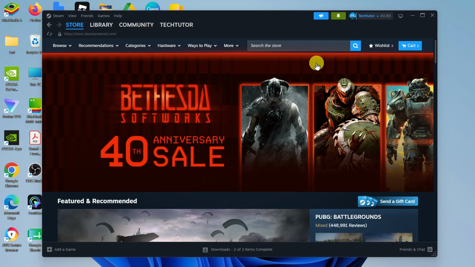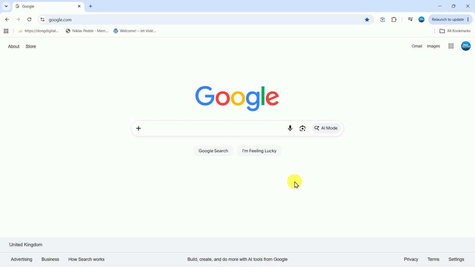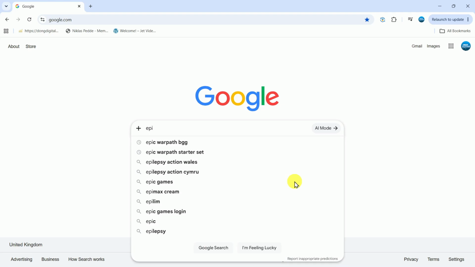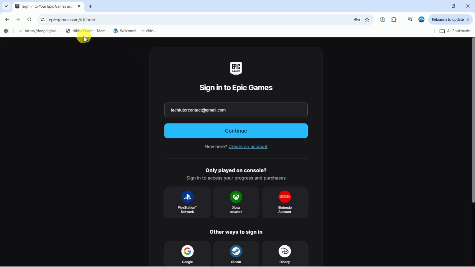So you can see I'm currently on Steam and I'm currently logged in. Once you've done that, what you want to do is open up a new internet browser, come across to google.com and just Google search for Epic Games login. Now what you need to do is click onto the top result. So this should take you to the official website, which is